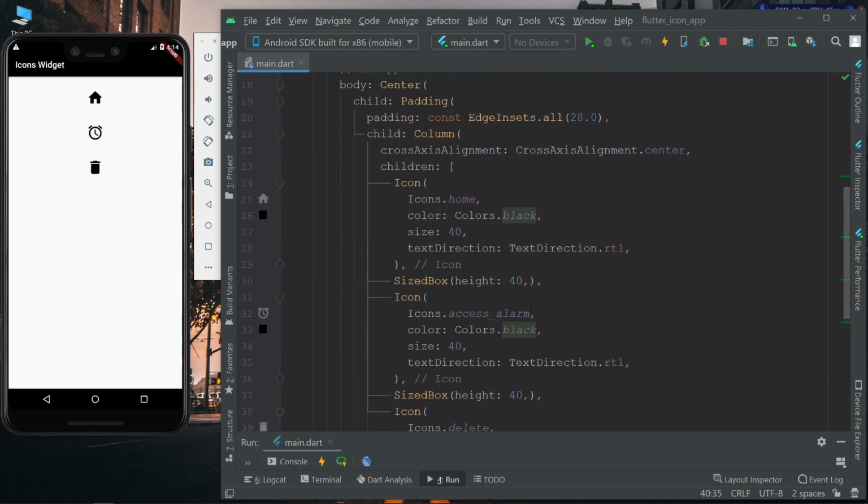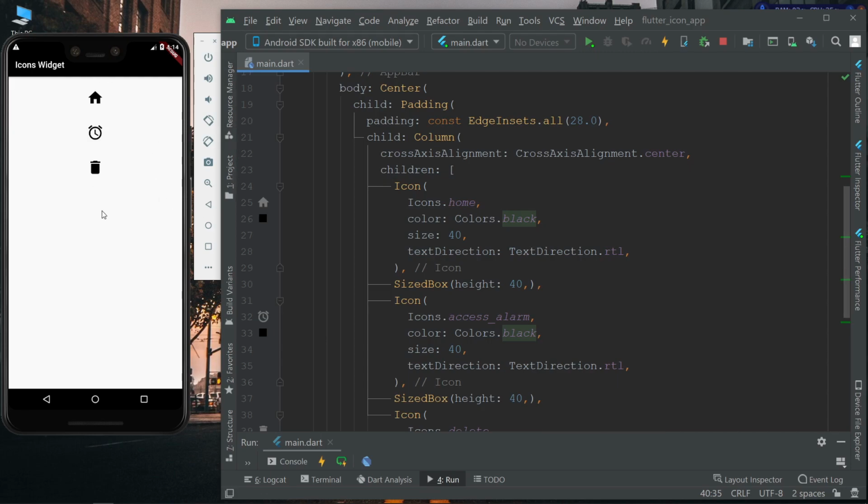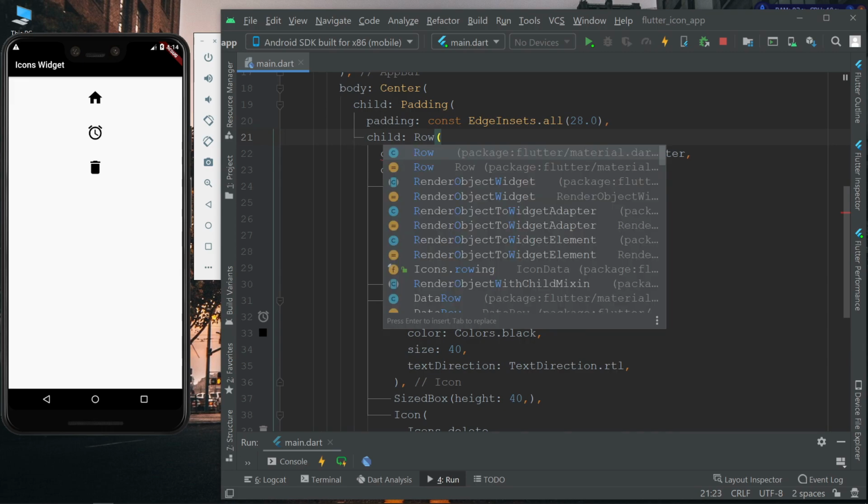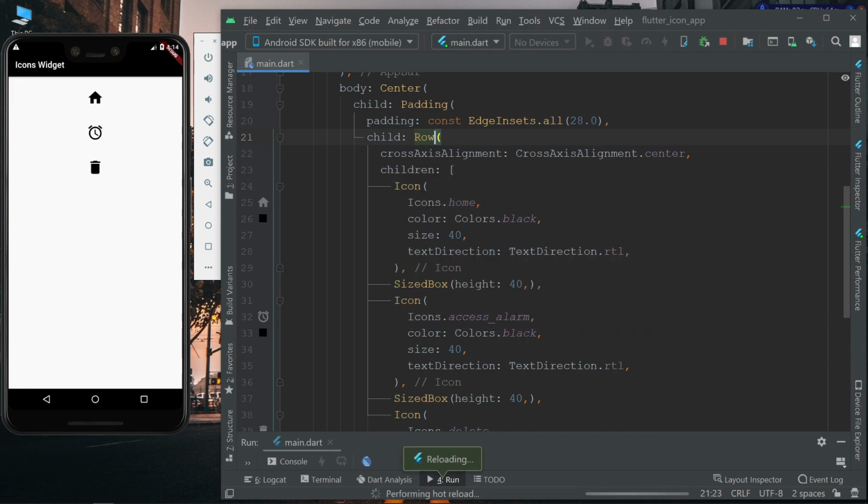Here we have placed the icons vertically. We can also place these icons horizontally by using the Row widget. Just change the Column widget to a Row widget. Now you can see the icons are placed horizontally at the center.